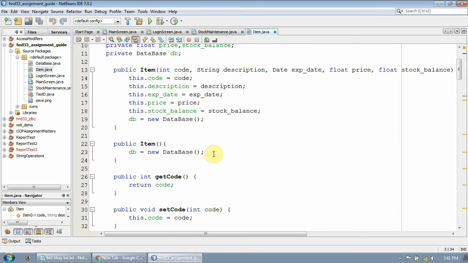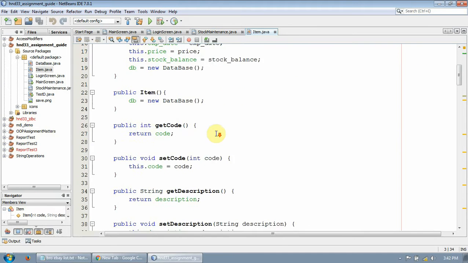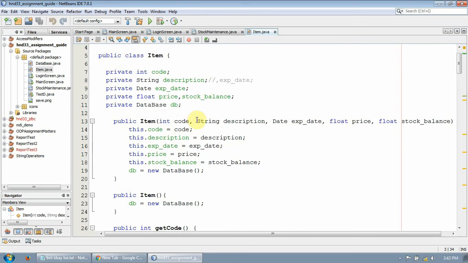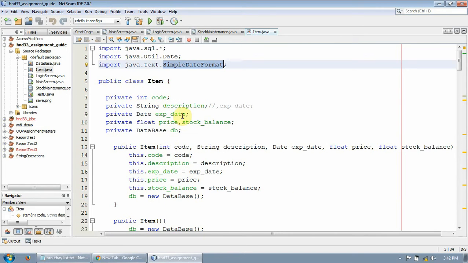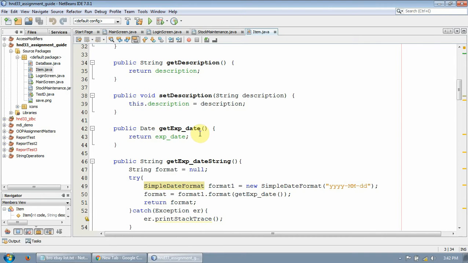Since we're going to work in this assignment in a fully object-oriented fashion, our GUI program needs to communicate with this item object via methods. That's the proper way of doing the work. So this will happen via message passing. So what I have done here is, in order to make the process easier, I have built relevant methods to access these data items. For each and every data item here, I have a set of getters and setters. So you can see item code, the getter and setter here, description, then the expiry date,